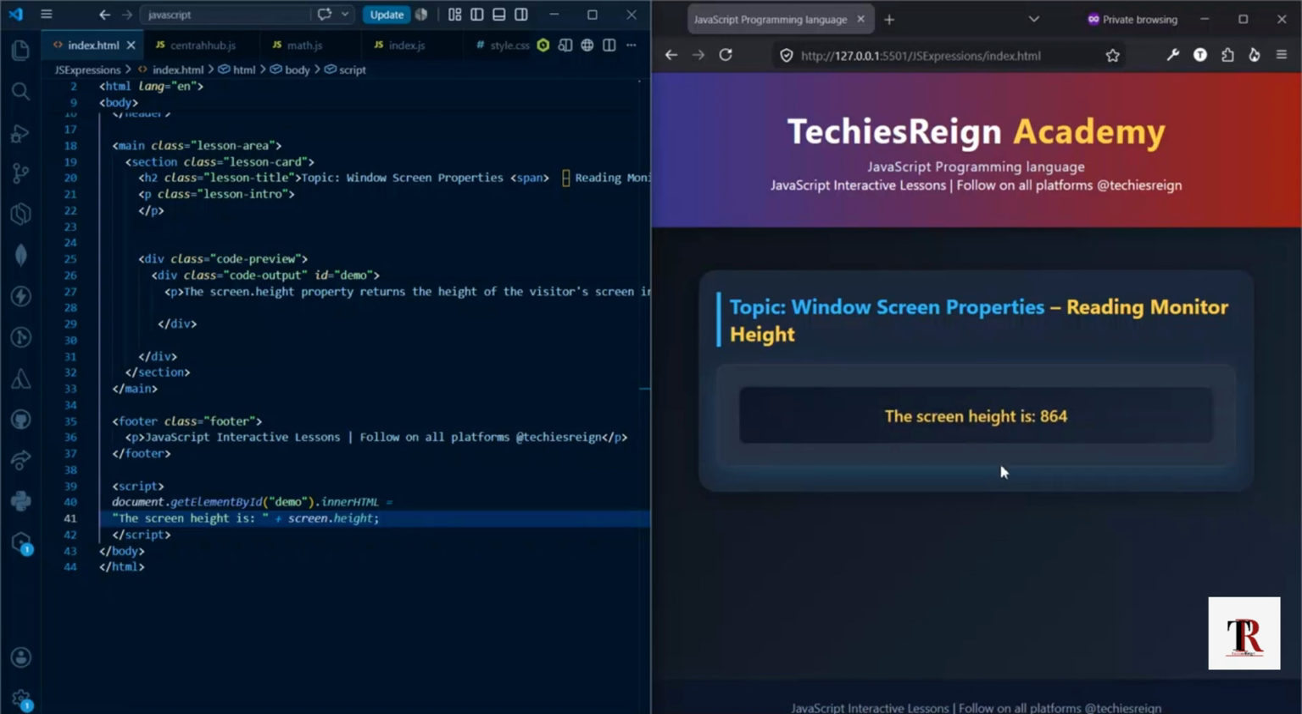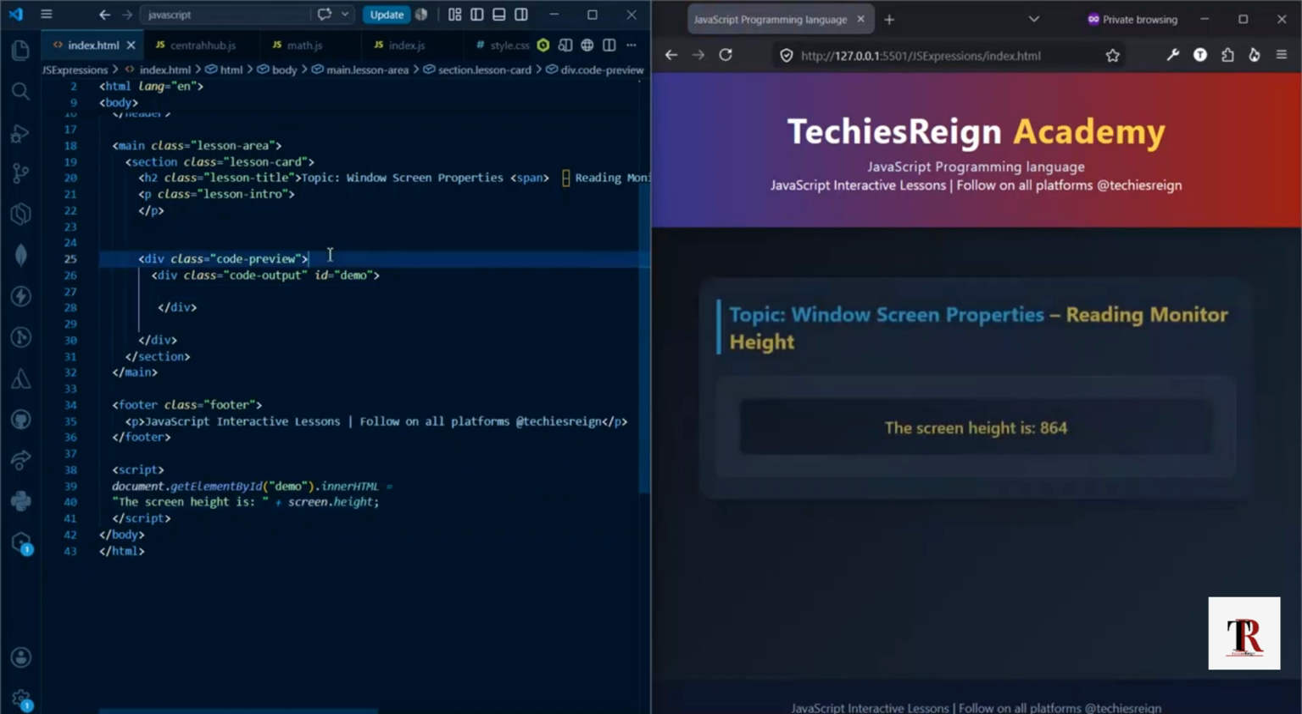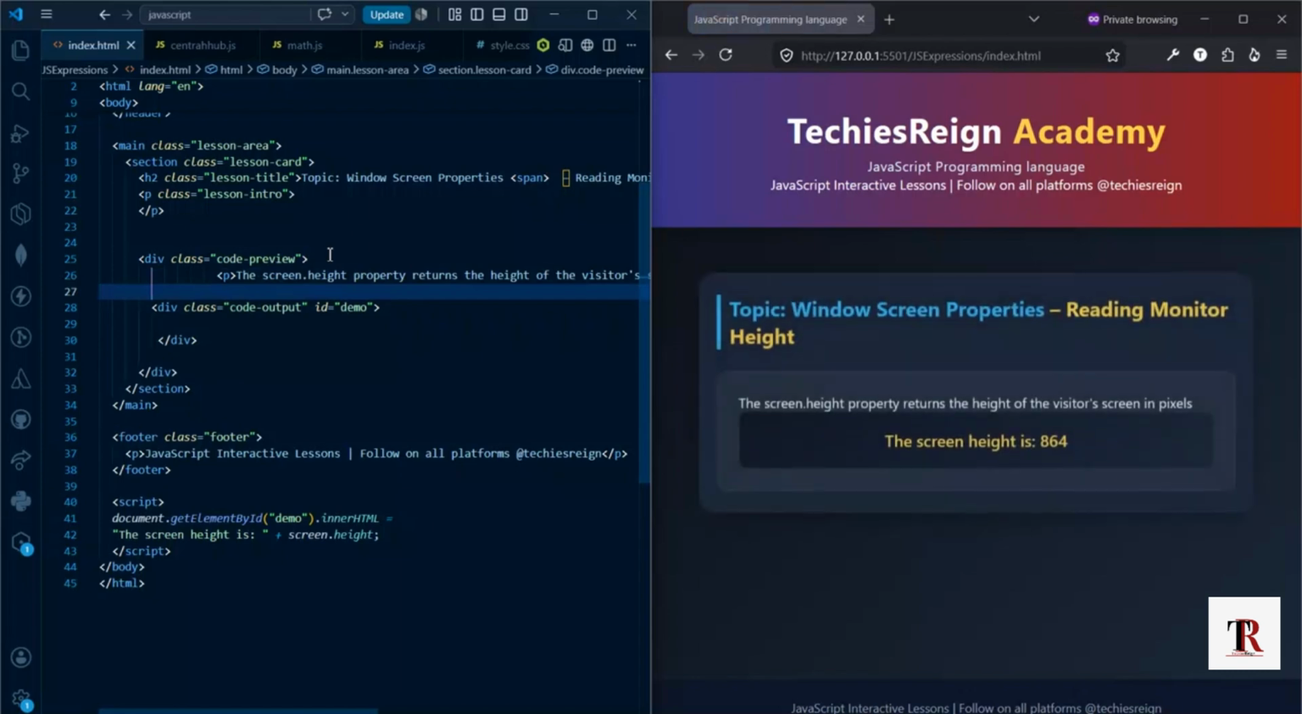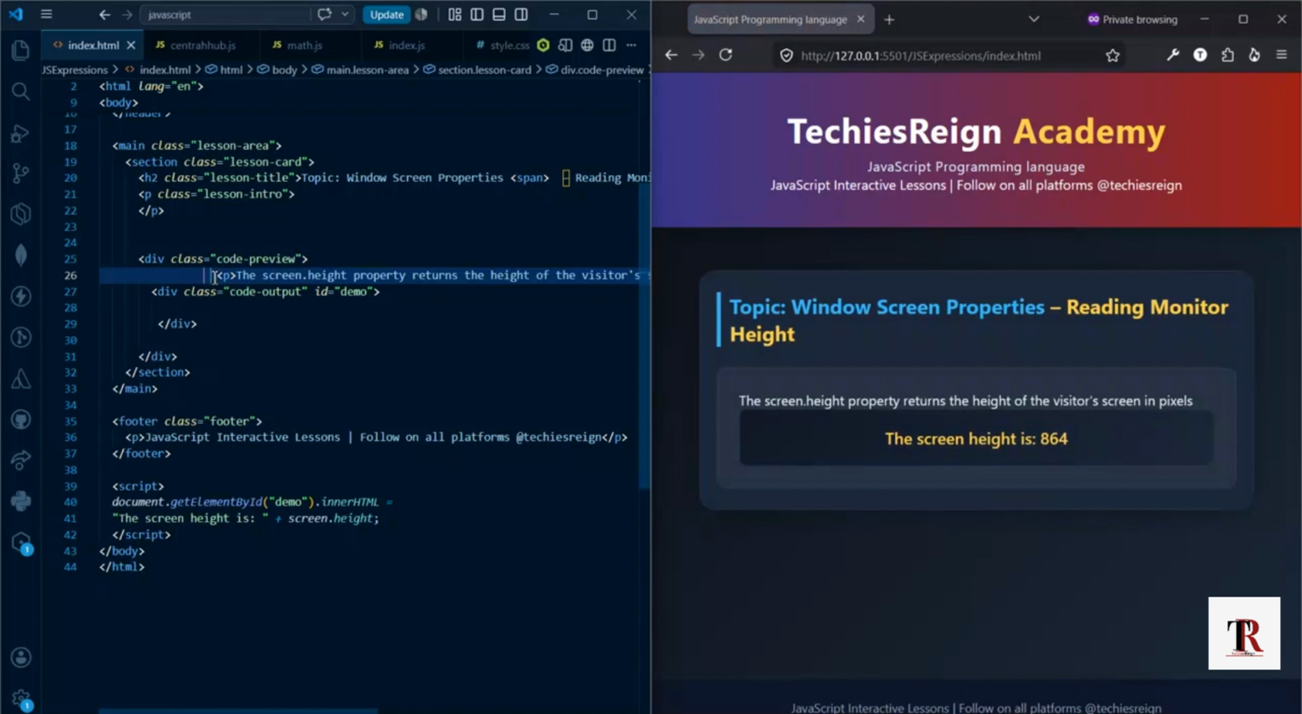So what this does is that it measures the total height of my entire screen from the absolute top edge here down to the bottom edge, and then outputs the exact number onto the page. As you can see, the screen height is 864. So I can take this and put it here. Yes, the screen height property returns the height of the visitor screen in pixels. The screen height is